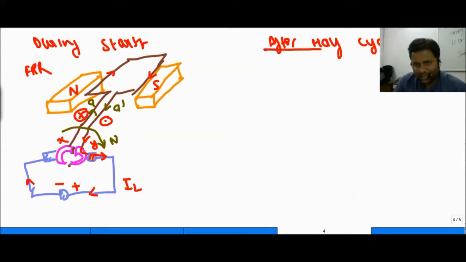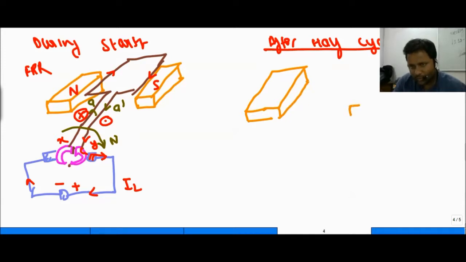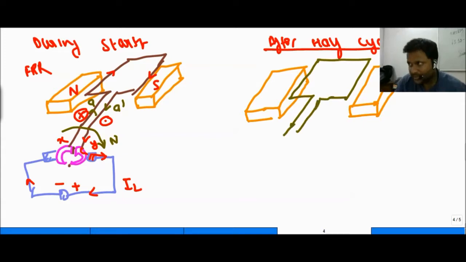Now what will happen after half cycle? After half cycle, this is the magnet which is fixed. It is called the field winding or field magnet. It remains stationary. It cannot move. And the conductor, like this, is moving. So after half cycle, we can say